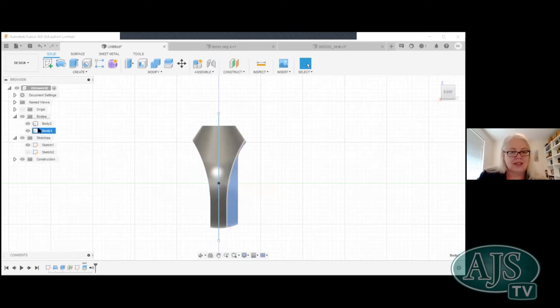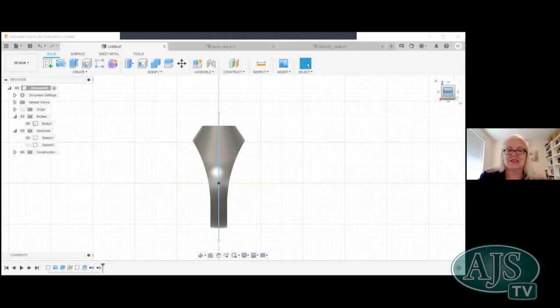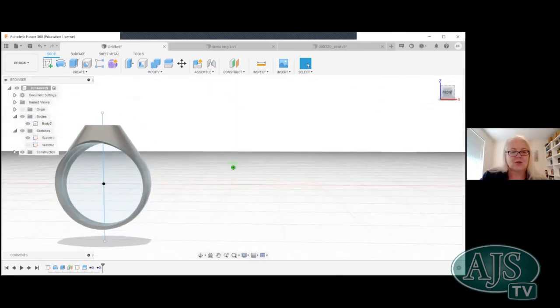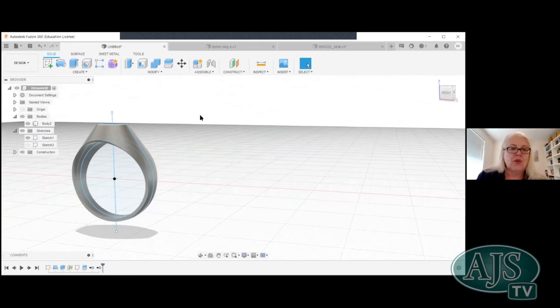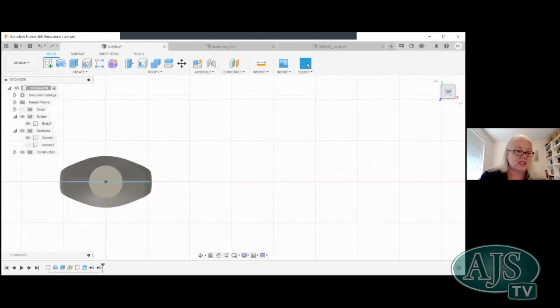We go to that bit. Oh, I don't want that bit either. Remove. Now that's the side of our ring. And that's what it looks like as we go around it. We can neaten that up. And then once we actually get to the top, let's say that I actually want to put someone's initials on